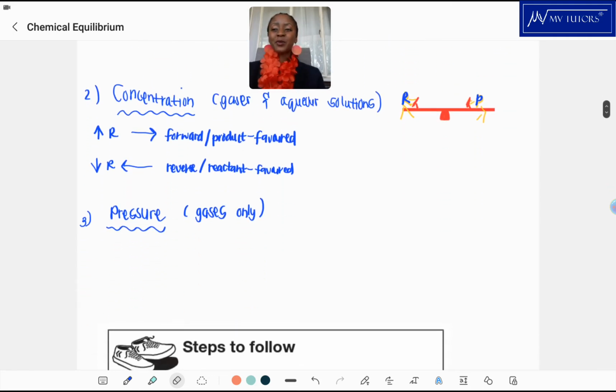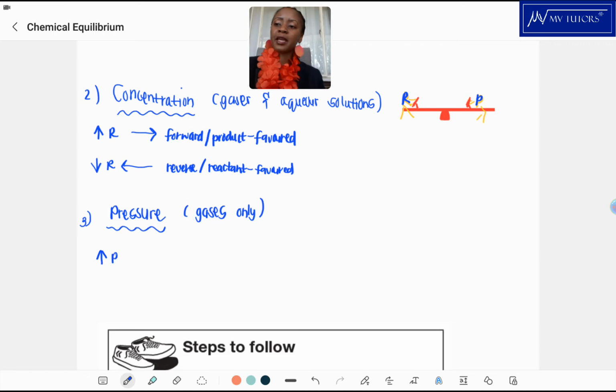Alright, and then we get to pressure. So pressure would apply to gases only. Please don't bother yourself if your chemical reaction just consists of solids and liquids or aqueous solutions. Don't bother talking about pressure. Okay, pressure is applicable for gases. So if you were to increase